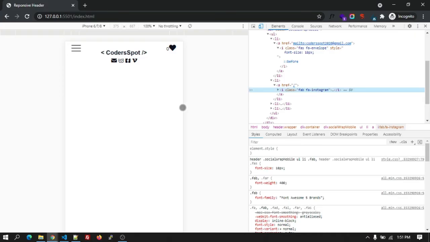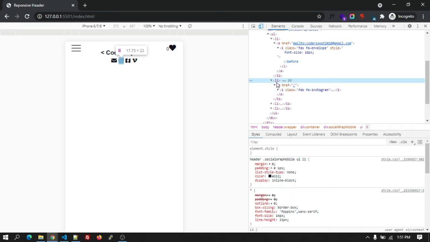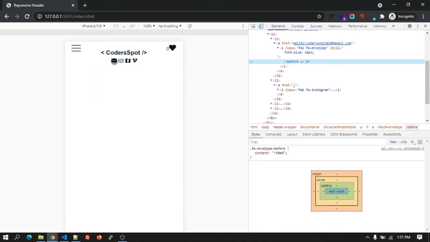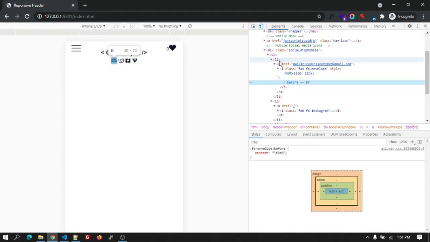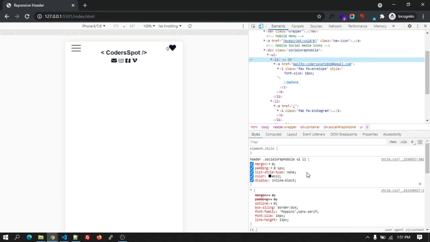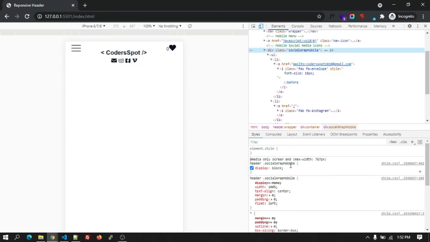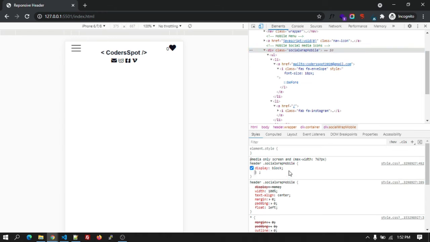So it looks much better, but it's overlapping with the logo. Let's give some space for that. So let's give the header social wrap in the mobile device margin 5 pixel 0 0, so it will be much better.